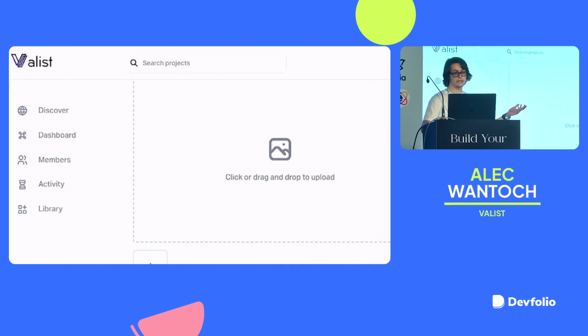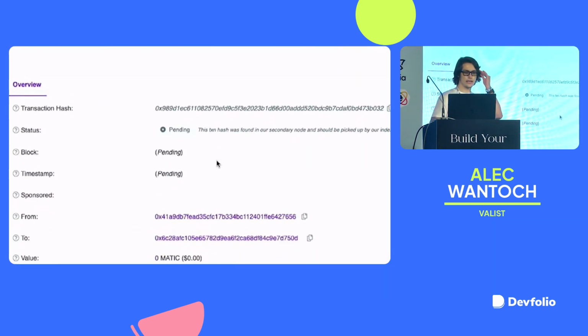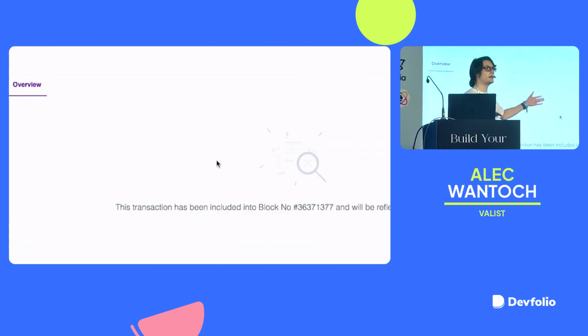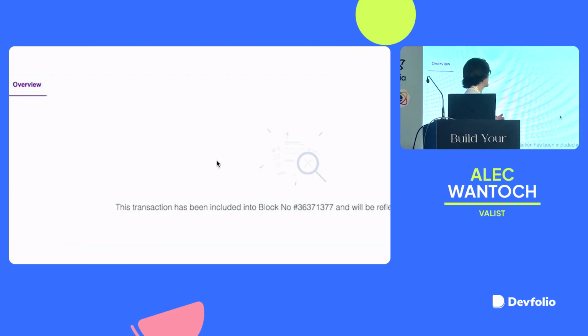So we don't have to pay any gas to create this project, nor do we have to pay any gas to do any releases. And then once we create this transaction, we can go ahead and see it is being mined. This is on Polygon mainnet, so you could definitely test and prod on this. And the protocol fees cover the gas fees there. And cool, we're still good on the display here.